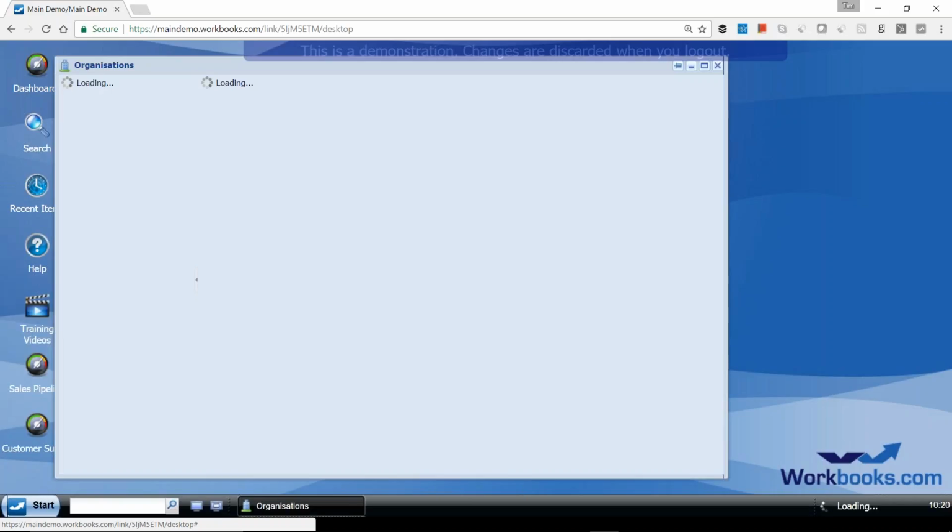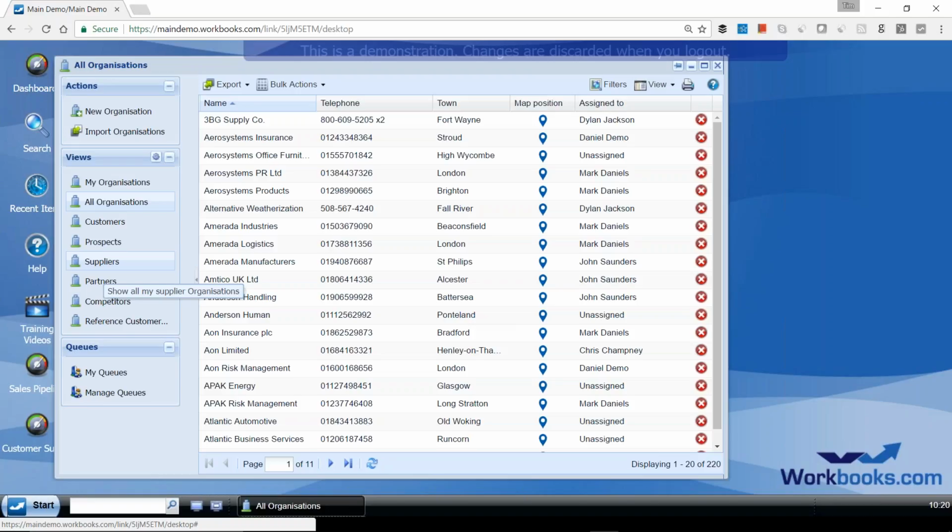So if I select one of those organizations in this example, up comes what we call the organization's landing page, a bit like an Excel spreadsheet, showing me all of the company records, all of the organization records I've got in my Workbooks system. Now you can decide what columns you see here. Every user can decide what columns, but I'm showing the organization name, the primary phone number, where are they located, what salesperson looks after them. You decide what you see.